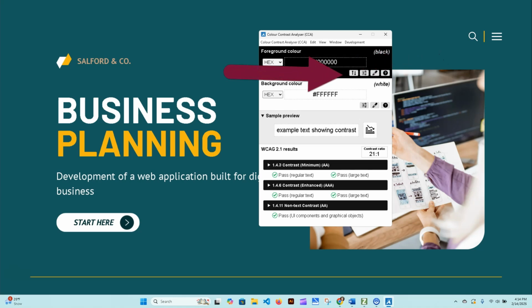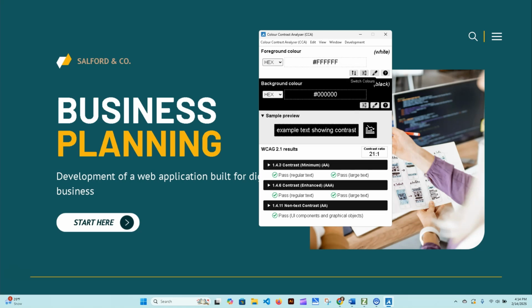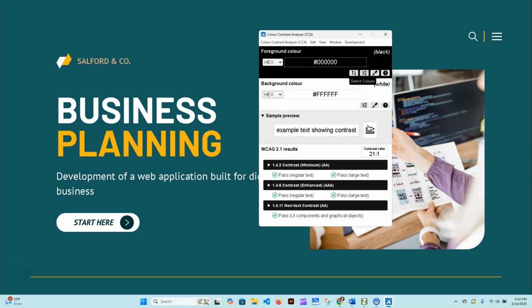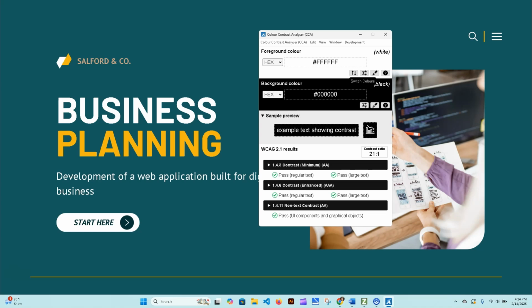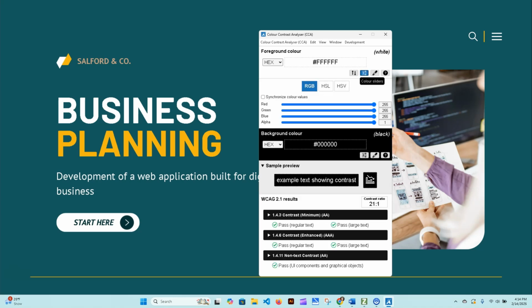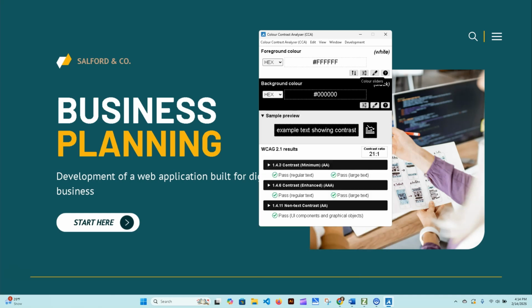And then here we have some tools, this up and down arrow. So once you select your foreground and your background color, you can hit that and it will just switch them so you can see the contrast for either direction. And then you have some sliders here. If you're comfortable to change the colors you have, you can change these sliders to adjust your color if you want. I don't prefer to use that, but that's there if you want it.